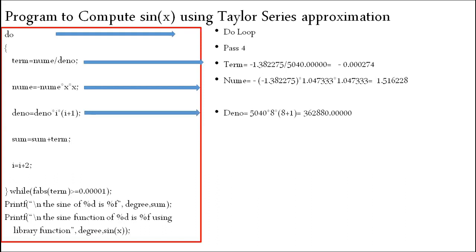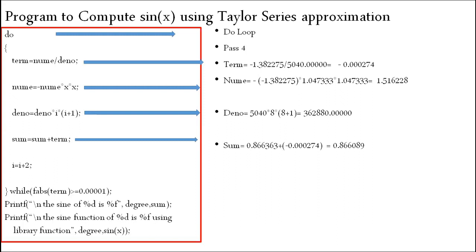So next we'll go with the denominator. So denominator, again it's a 9 factorial, because x to the power of 9 will be there at numerator. So same thing will be the denominator also. Whatever the value which is there in the exponent, the same number will be the factorial at denominator level. So here 5040 into 8 into 8 plus 1. So 8 plus 1 is 9. 9 into 8 into 5040 is 7 factorial. 7 factorial is nothing but 7 into 6 into 5 into 4 into 3 into 2 into 1. So finally we are doing 9 factorial here. So the value of 9 factorial is 362,880.